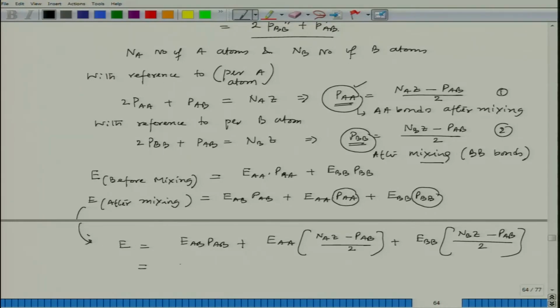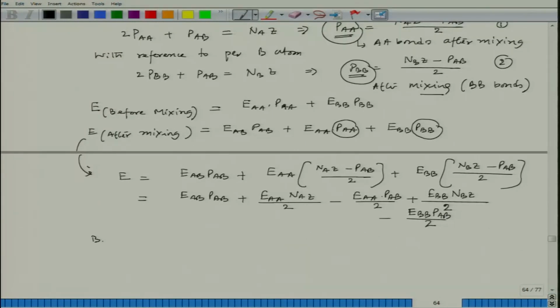So, then it would become EAB PAB plus minus EBB by 2. Now, before mixing,